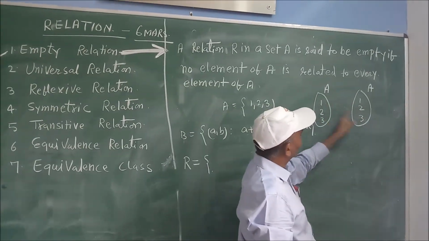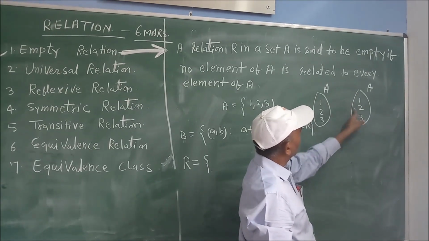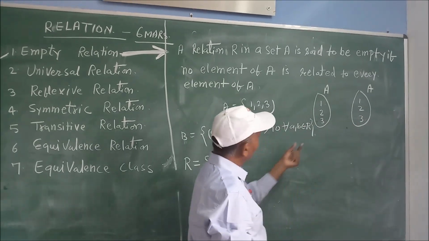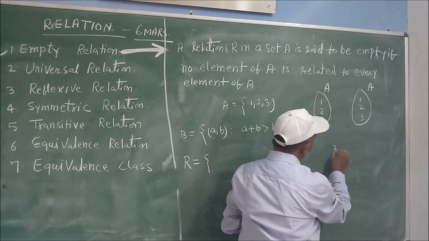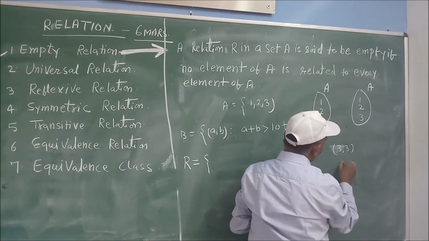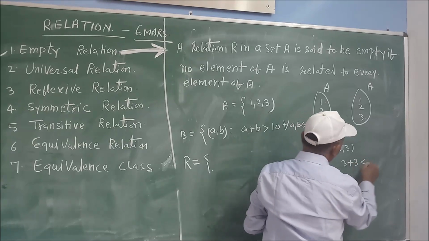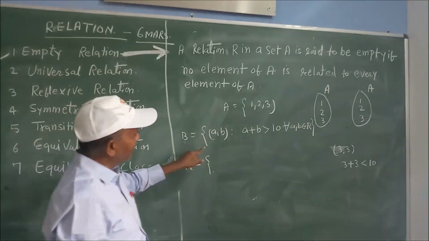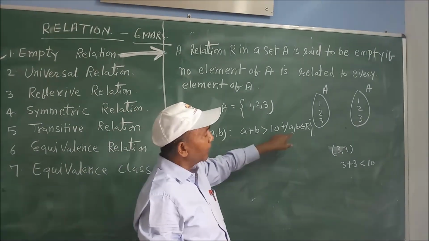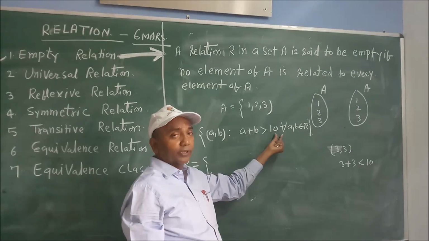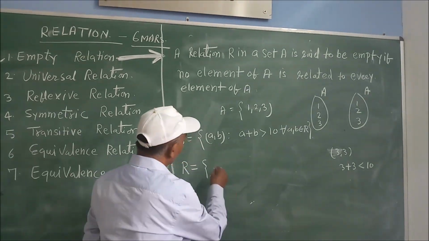So the elements will be 1,1; 1,2; 1,3; 2,1; 2,2; 2,3; 3,1; 3,2; 3,3. So watch here, when you add these elements, the maximum number will be, if your element is 3,3, the maximum number will be 3 plus 3, less than 10. 3 plus 3 less than 10. That means you cannot prepare such a relation in which the sum of two elements is always greater than 10. So we can say your